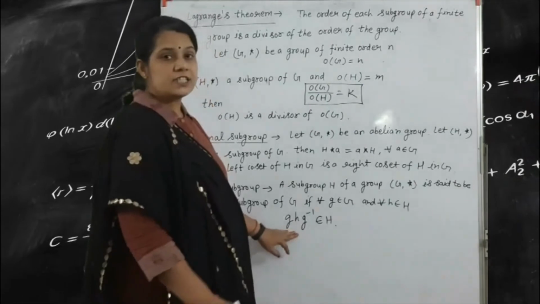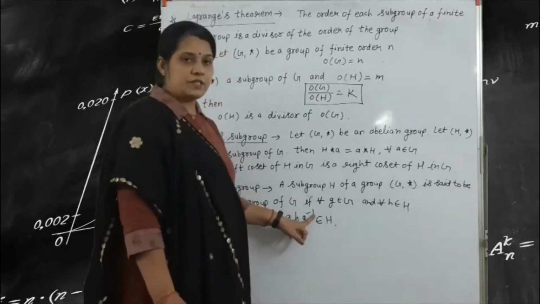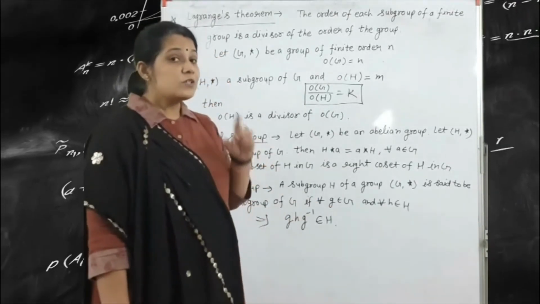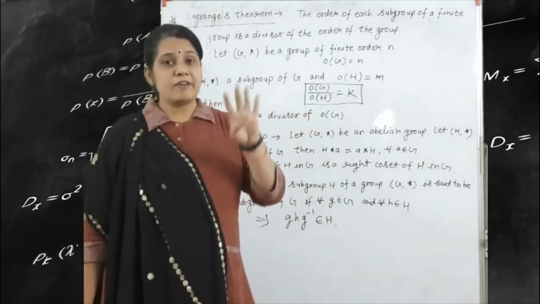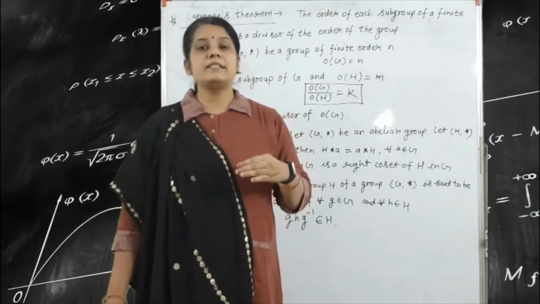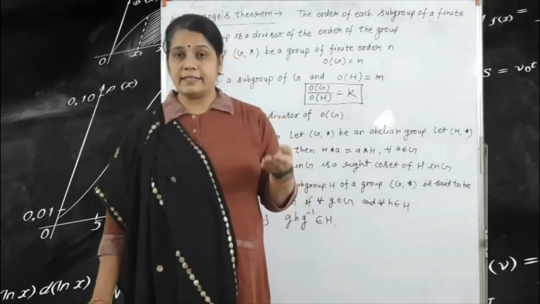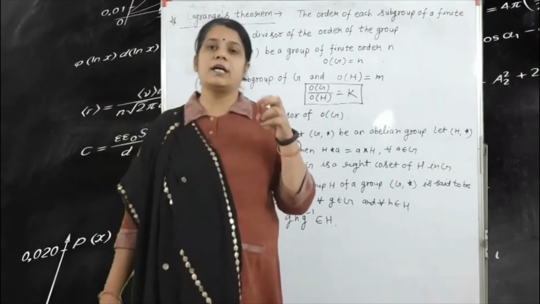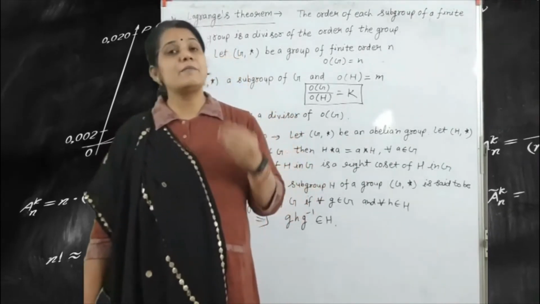So what is the theorem? The theorem is that g and g inverse, where small g belongs to capital G and G is a group. What is the property of the group? In the property of the group, we satisfy four properties. Number one, closure property. Second, associativity. Third, the existence of the identity. Fourth, the inverse. And in case of an abelian group, one more property is the commutative property.